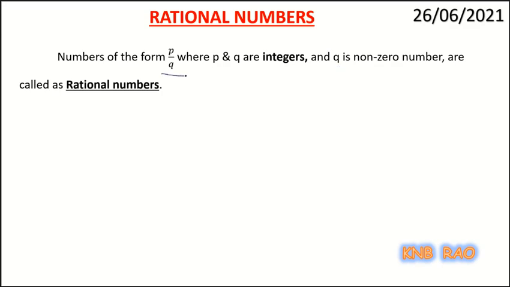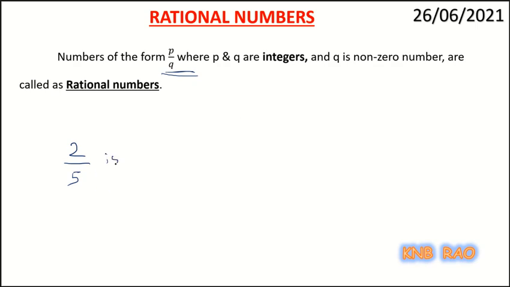So, we learned that a fraction is a number of the form p by q, where p and q are naturals. When it comes to the rational, that p by q form is called rational when p and q are integers. Now, try to understand, children. I took an example of 2 by 5 when it comes to the fraction. Is this 2 by 5 a rational also as per this definition?